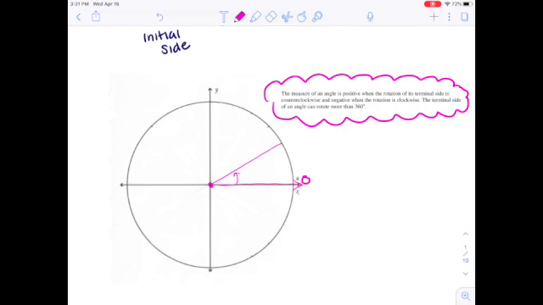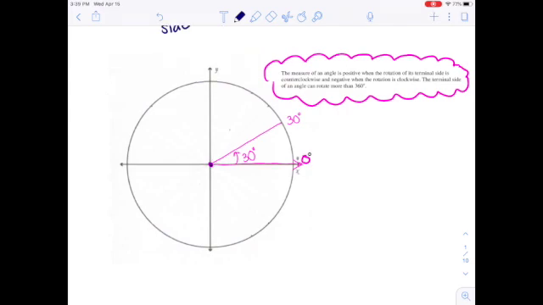maybe right here. So if this angle opens up to be something like 30 degrees, for the most part on our unit circle as we build it, you're going to see the degree over to the right-hand side. So there's a 30-degree angle. If you're looking for an angle that is 180 degrees, you have to think about, well, we're on a circle here, right? We have our initial side along the x-axis, and all the way around a full circle is 360 degrees. So 360 degrees and 0 degrees are what we call coterminal angles because their terminal side lies